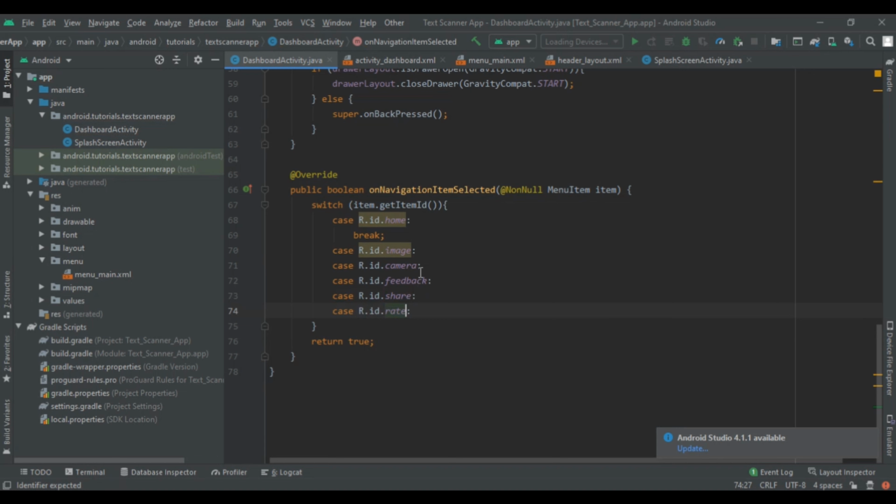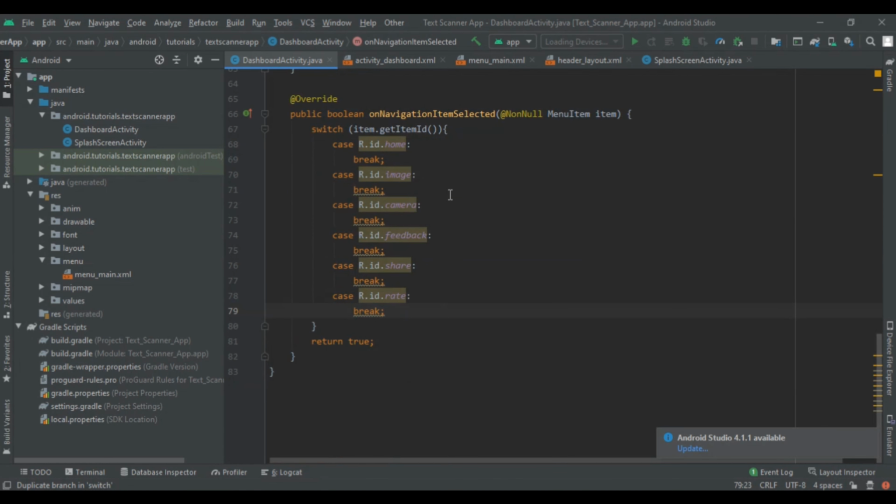So writing break and copy this code. So here I had written break for everyone, and then let's start with the first one, drawer closure.